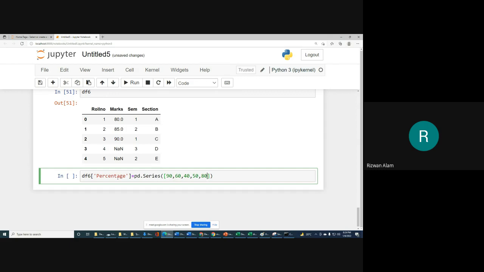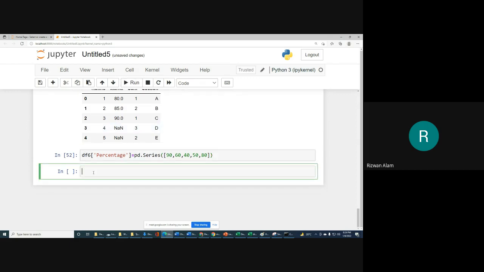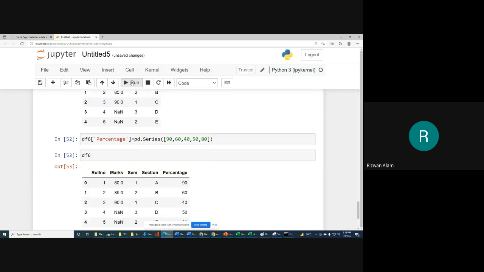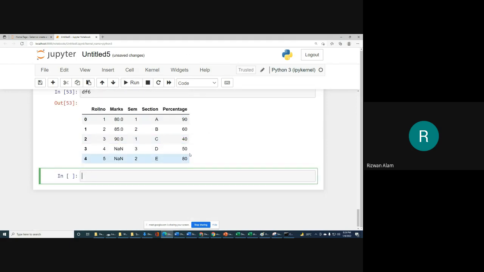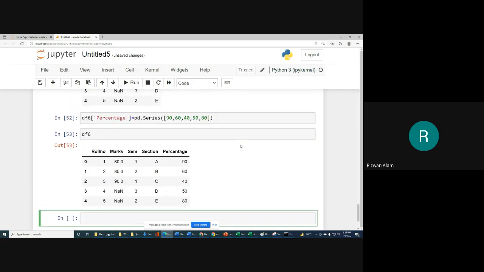If you are writing percentage as the column name, it means it is already in terms of percent, so simply store the values. Then we will add it in df6, and you can see that in percentage also we will get these values. I hope you are getting it now.